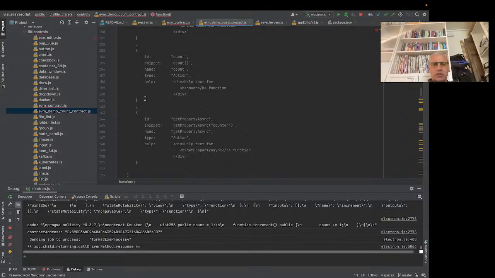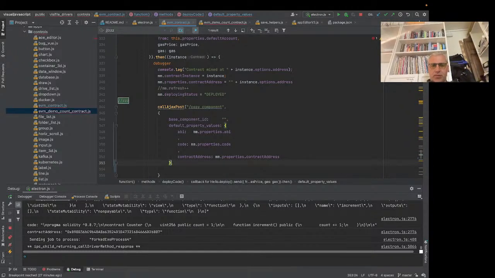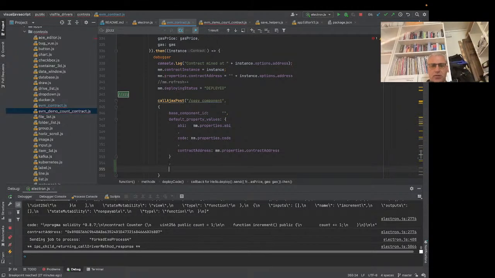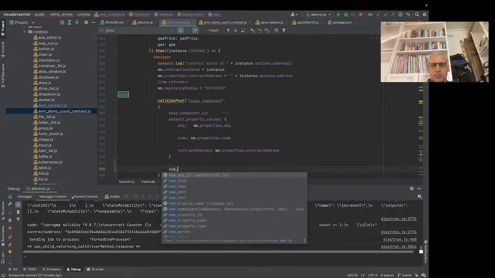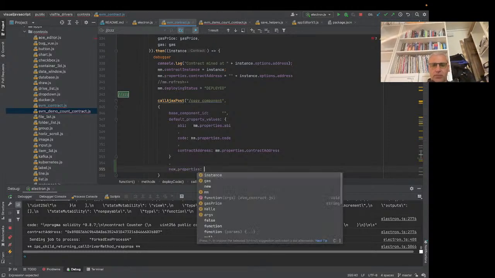Let's see. Let's go here. It's default property values, and we can add another one. We can say new properties. And we can say